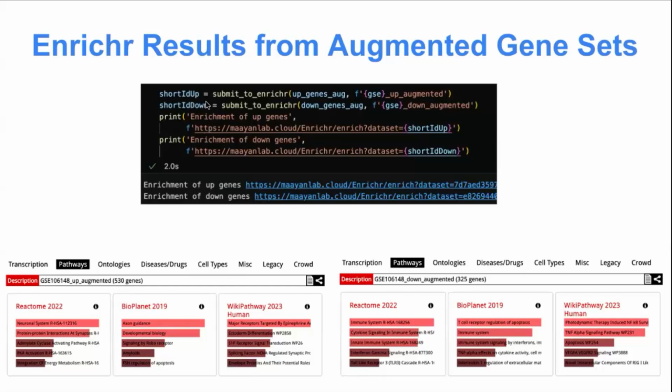And so after retrieving this persistent ID for our up and down gene sets, we can then append them to this link, with the dataset query parameter, so that we can view these gene sets in our browser, as we see at the bottom. So here we have the up augmented gene sets, and we can see the enriched terms for each library, and we have the down augmented gene sets, so we can see the enriched terms for the different libraries on the